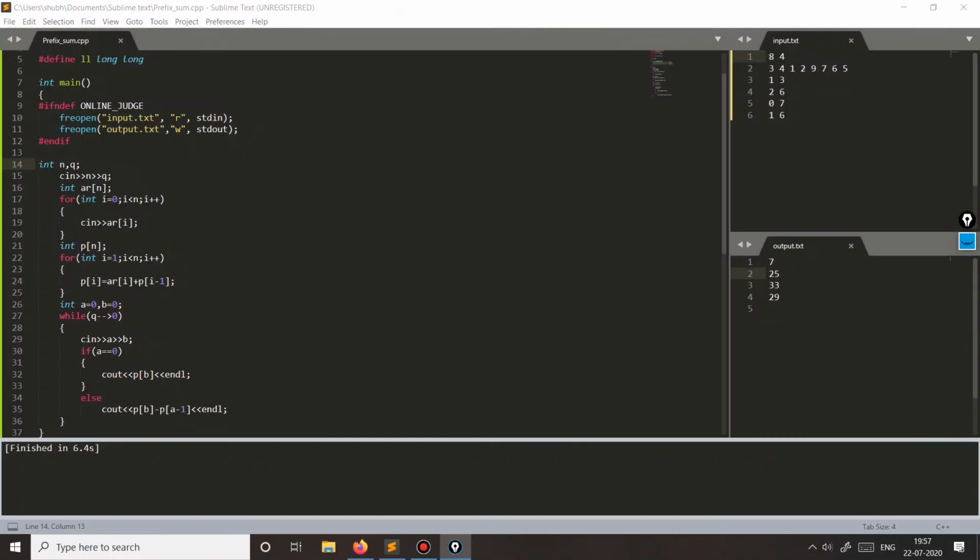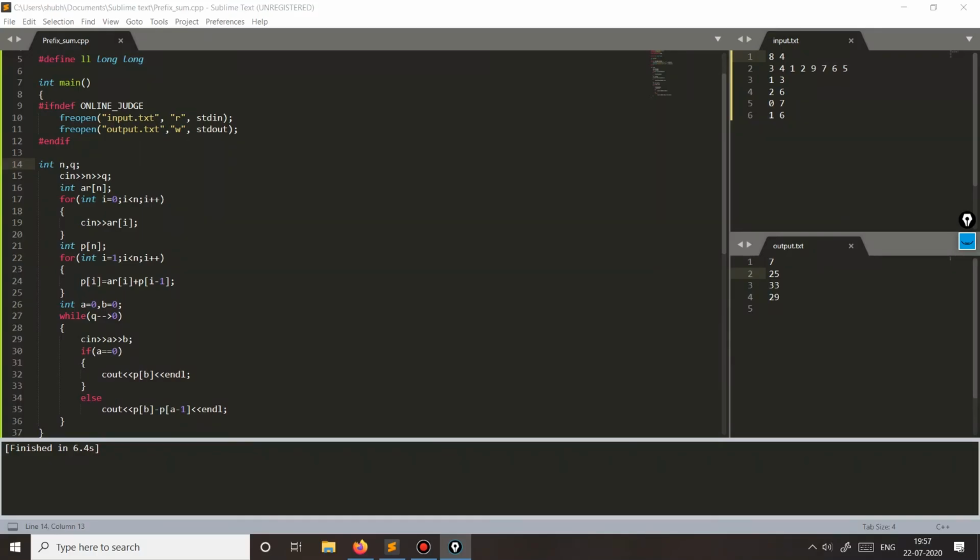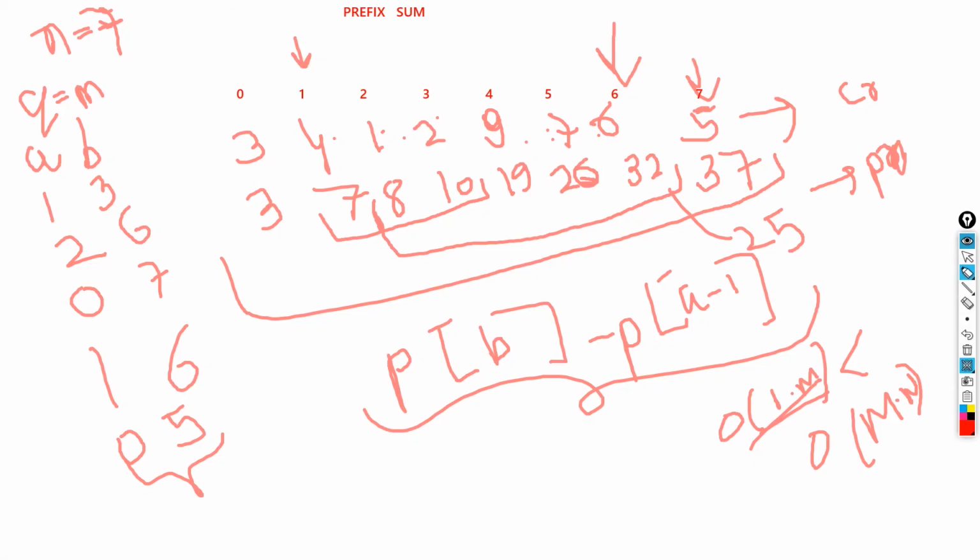What is 33? 33 is for P of B. Okay, 1, 2, 3, 0 to 7. Why is it 33 over here? 7 is correct. 25 is from 2 to 6.